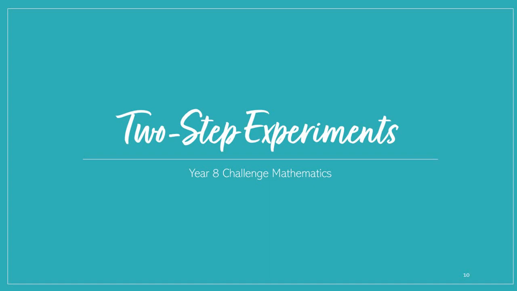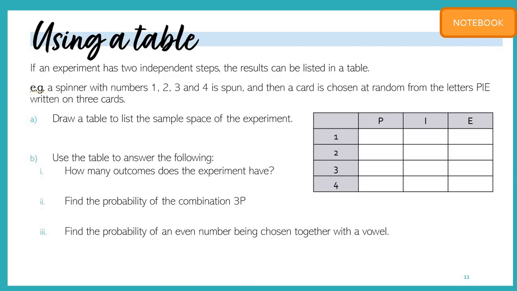Hi everyone, today we're going to be looking at two-step experiments and how we can represent these using a table, right? Because a table is just going to give us a visual way of seeing it. Now, when we have a two-step experiment that we can display as a table, we're assuming these are two independent steps, right? And so I might have, like this example here, a spinner with the numbers 1 to 4, and